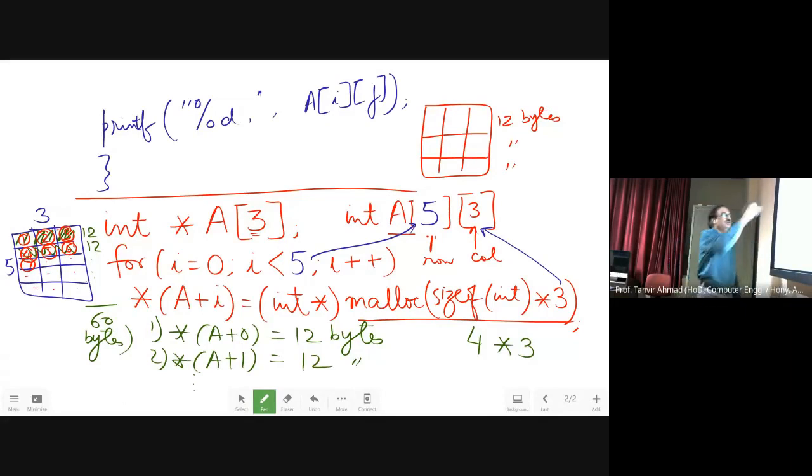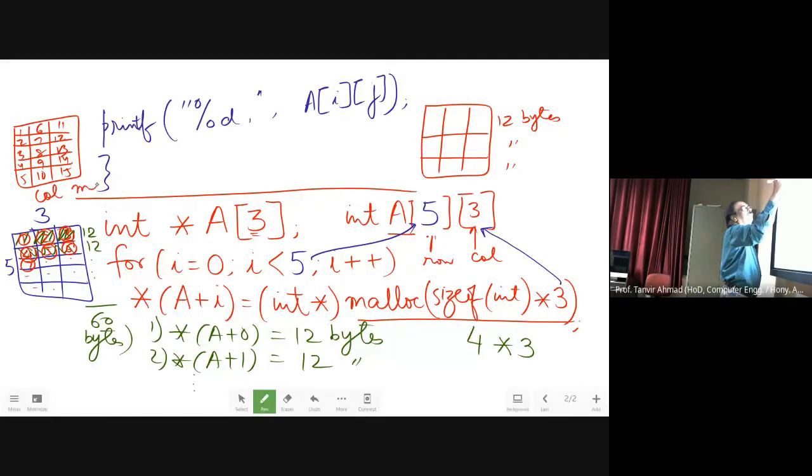If I am going to read like this, 1, 2, 3, 4, 5, 6, 7, 8, 9, 10, 11, 12, 13, 14, and 15, this is called column major. In this case, you have to reverse the arrays. Now, in this case, you are going to read the element, and the element will go like this. That means you can allocate it the other way also.